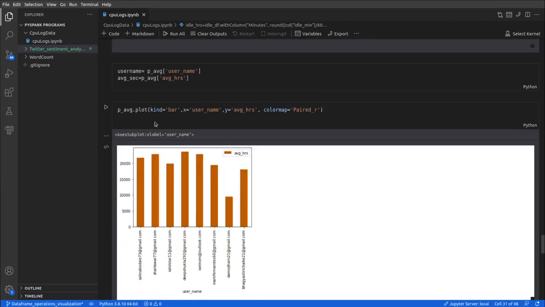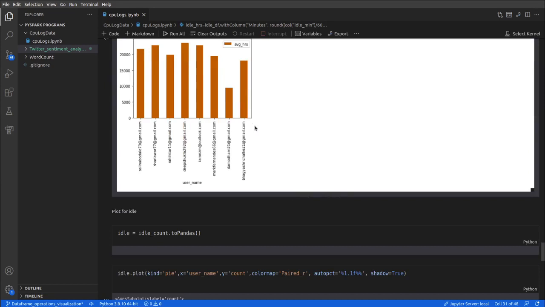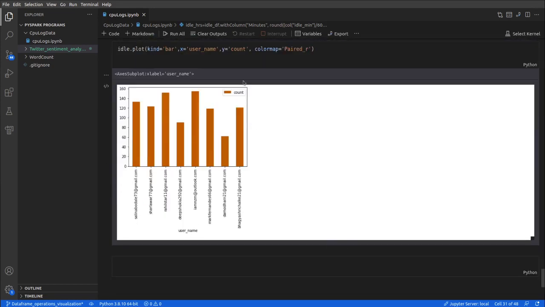That's all. For the bar chart we are taking kind as bar, x as username, and y as average hours, and here we are taking y as count, x as username, and colormap as Paired_r, so it is a brown one.